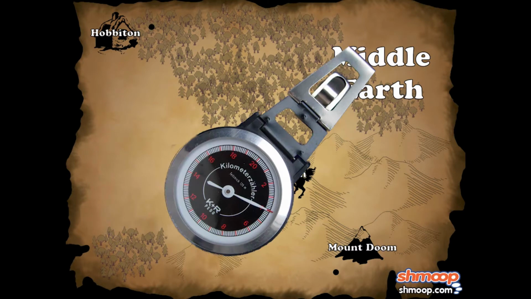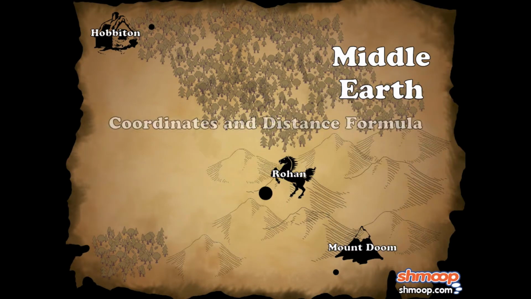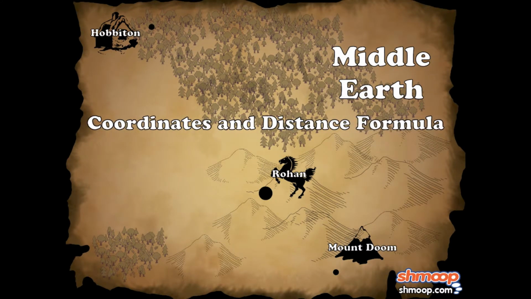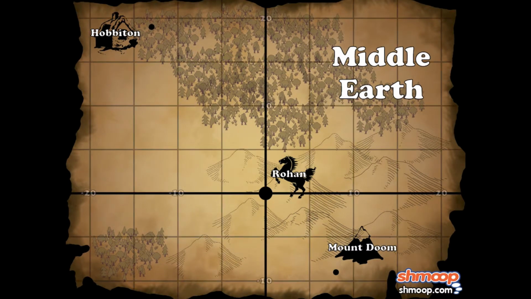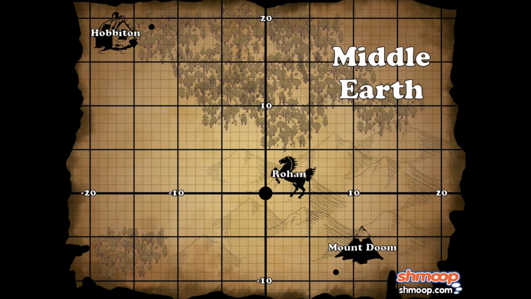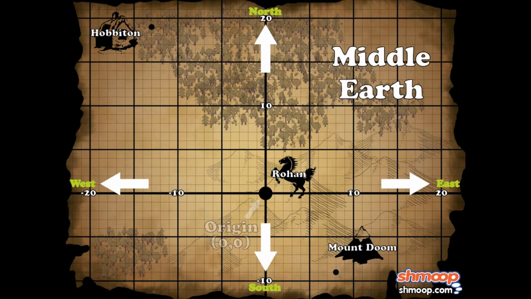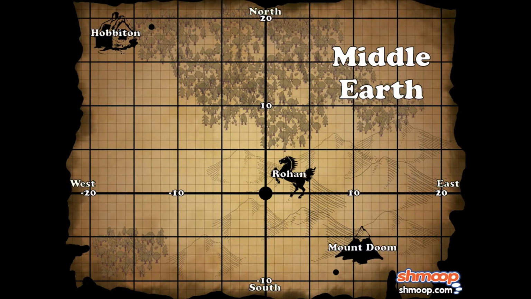Rather than use a pedometer to find the distance, we can make use of coordinates and the distance formula. Let's look at Middle-earth as a coordinate plane. Using Rohan as the origin, and north, south, east, and west as our axes, we can find the coordinates of